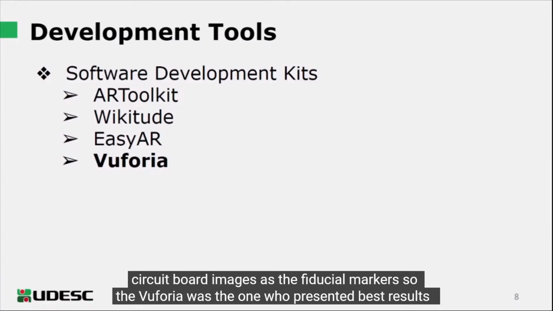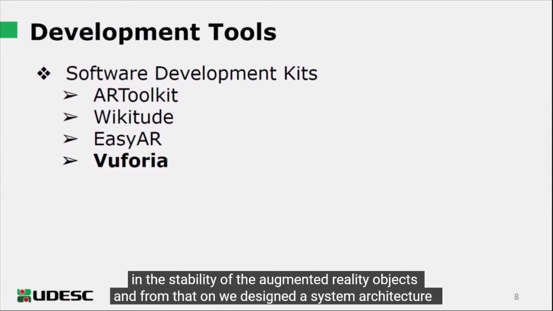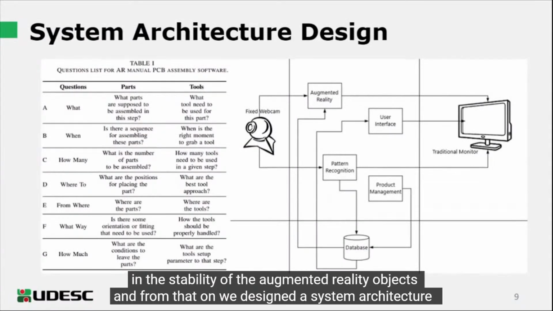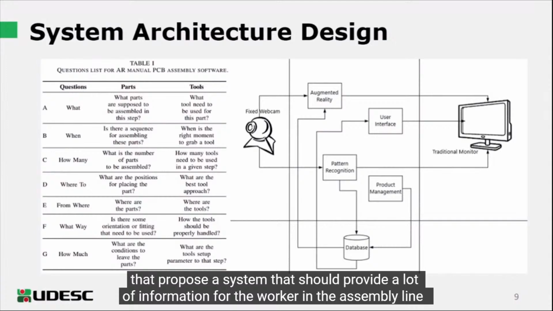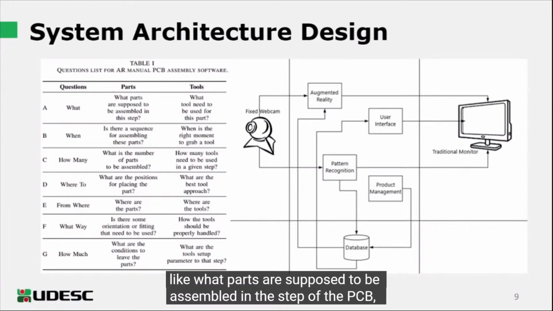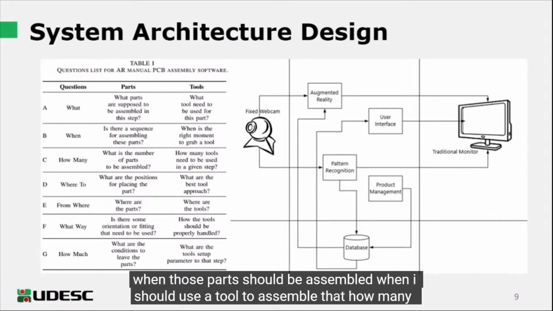So Vuforia was the one that presented the best results in the stability of the augmented reality objects. And from that, we designed a system architecture that provides a lot of information for the worker on the assembly line, like what parts are supposed to be assembled in this step of the PCB, when those parts should be assembled, when I should use a tool to assemble that, how many of those